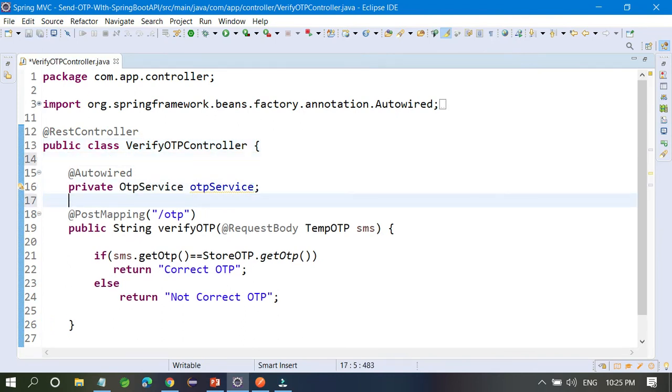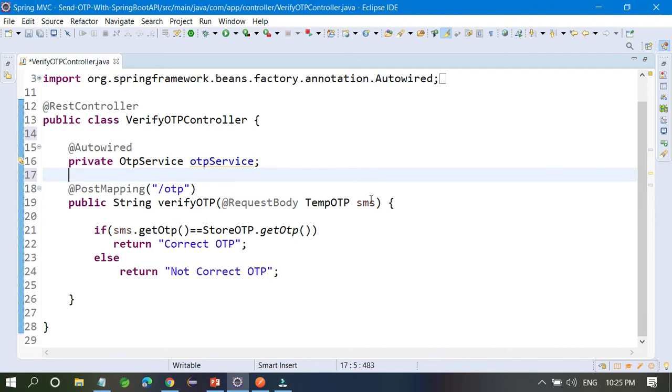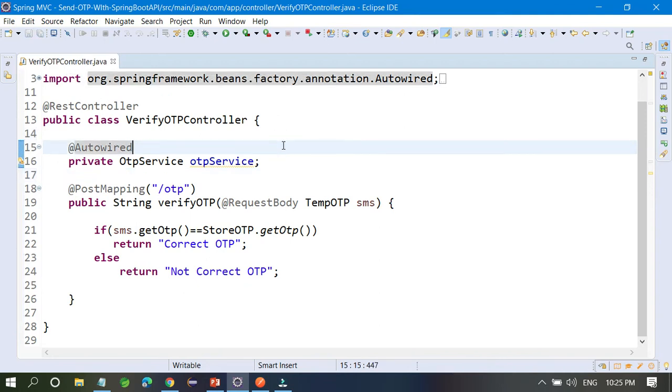Okay, so what I have to do, I have to call this method to use all the functionality. So once the OTP has come, I don't think you have to do anything here. You have to clear the OTP here. So whenever you are going to generate an OTP, just copy this one,